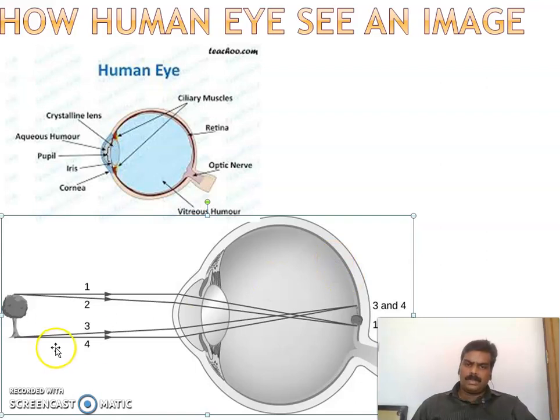Now, what makes the vision more clear is how big the object we see is; the bigger it is, the clearer our vision will be. The second thing is that our eye has a focal length, and if the object comes within this focal length, we can see the material very clearly. This is the case with a human eye.